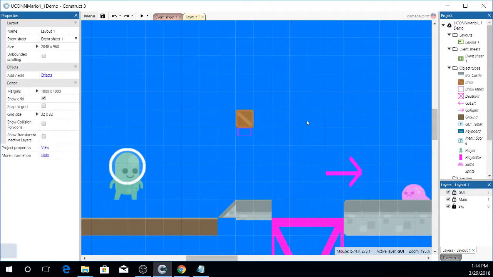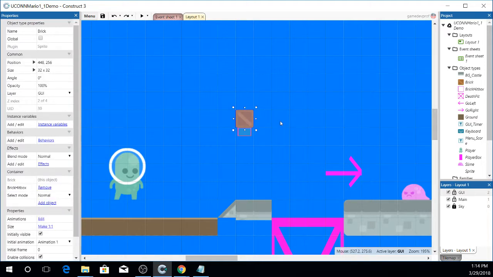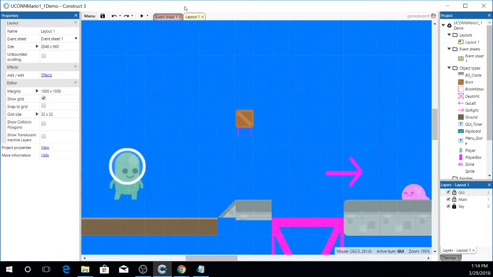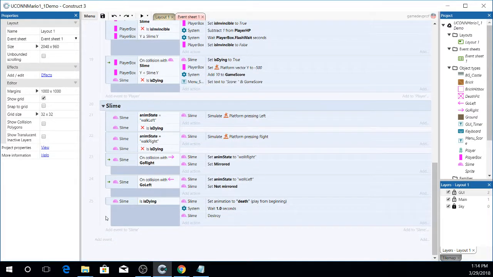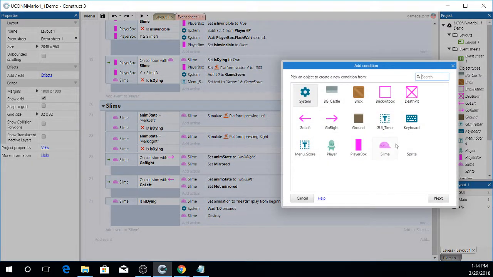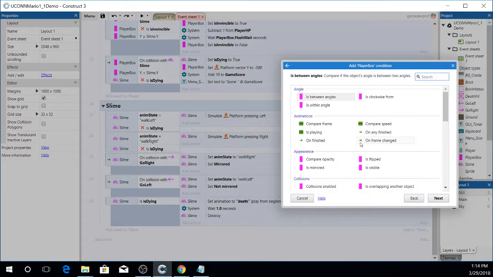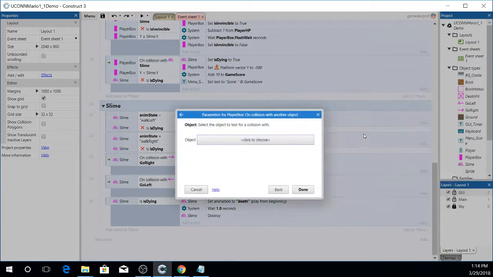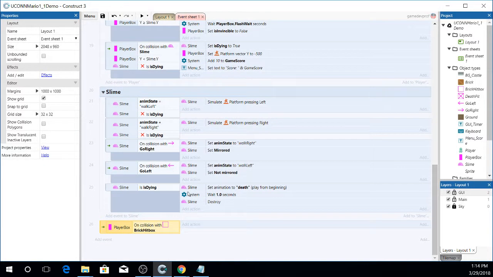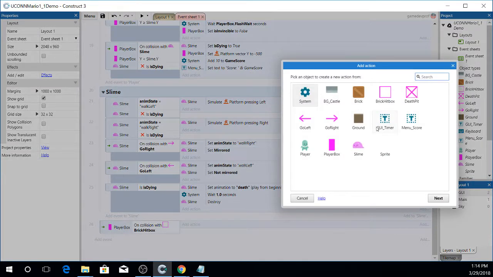See how it highlights? So they're connected now, which is nice. Or at least it will be nice when we end up doing code to it. So on our layout, on our event sheet, we are going to create another event, add event. This is again going to be player box, and then it's on collision with another object, and this is brick hitbox. And hopefully this works correctly without my notes. And on collision with brick hitbox, brick,